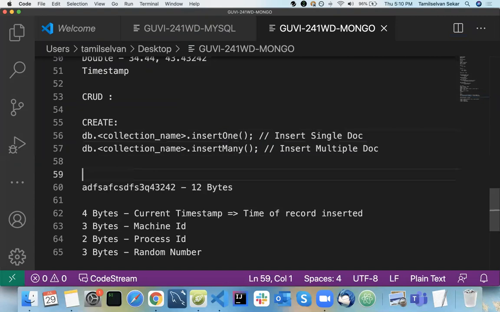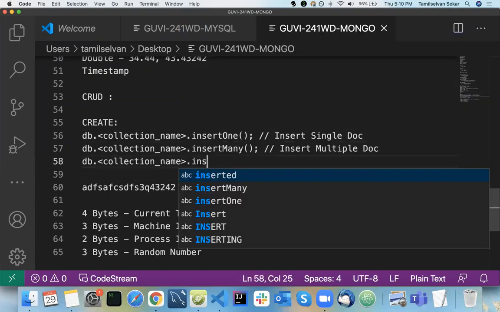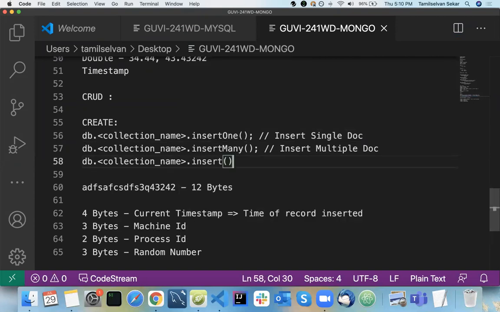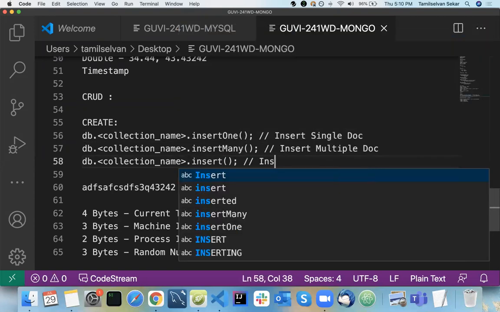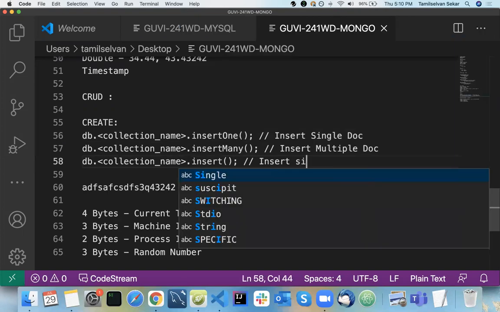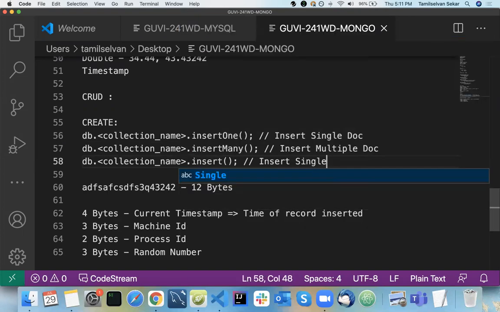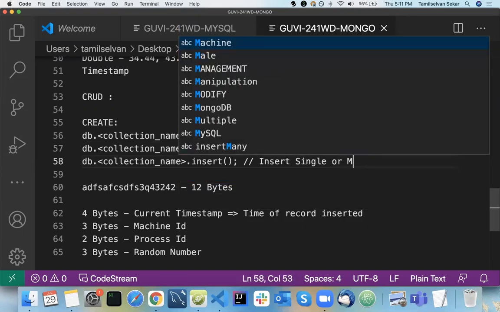So again, db dot insert, single or multiple. You can mention either one here.